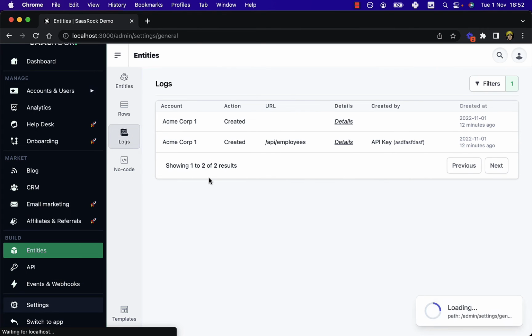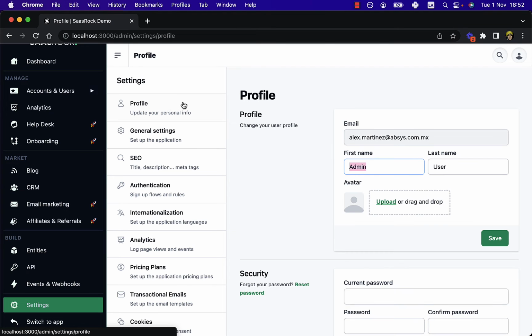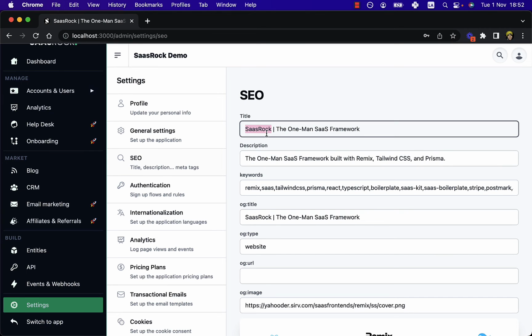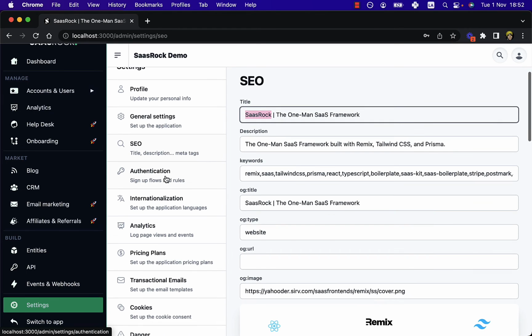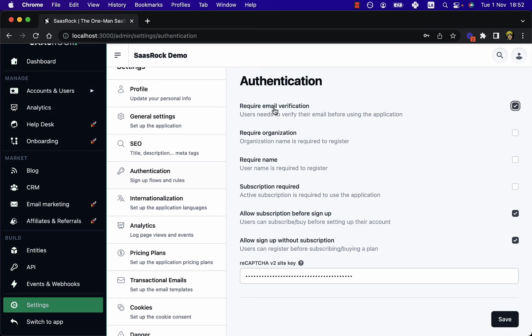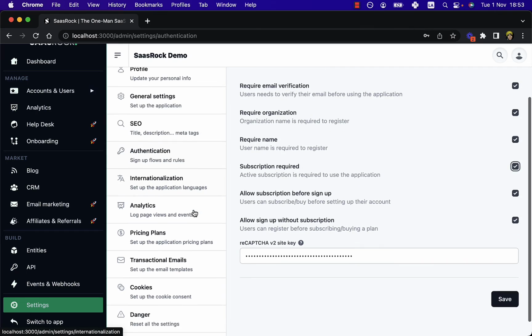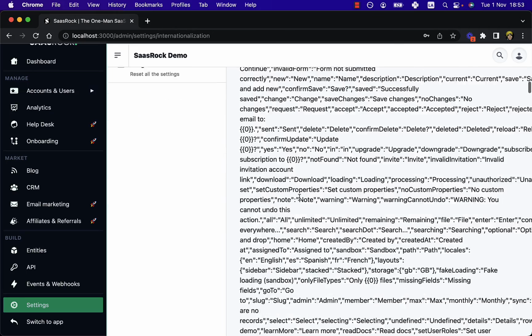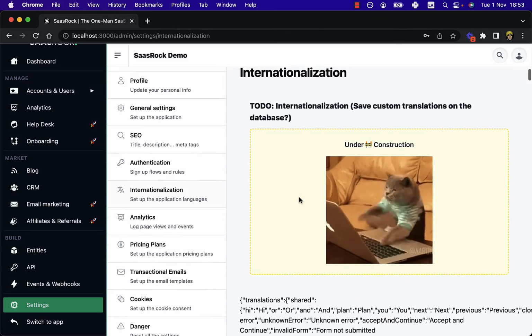Here on the admin side, I have this settings screen where I can set my profile, the general settings, the SEO for the landing page, authentication rules like require email verification, require organization name, require name, whether a subscription is required or not to use the tenant side application, allow a subscription before signing up, and or allow sign up without a subscription, and some upcoming features like internationalization, so you can add your custom languages, no code, instead of having to